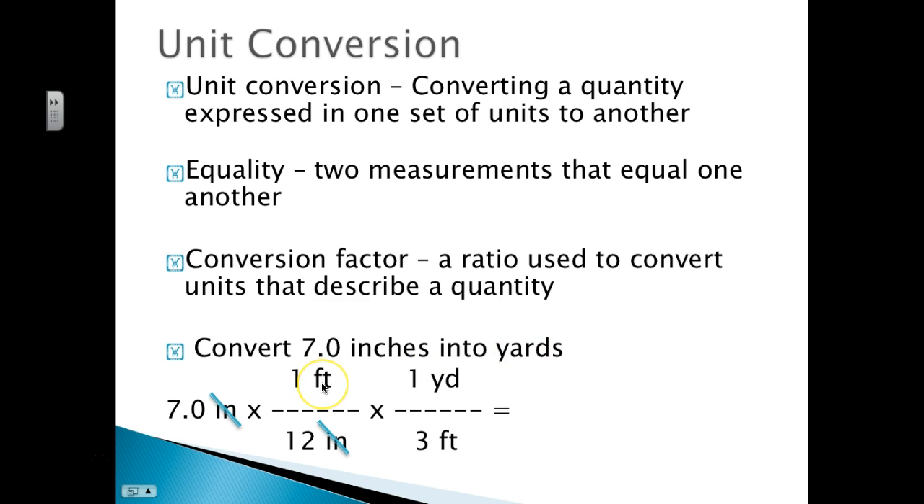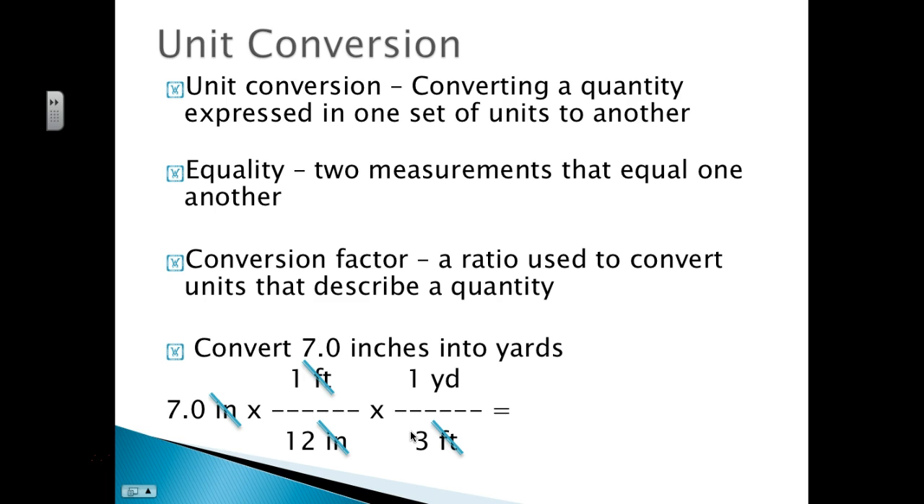So now I've got to change feet into yards. Again, I need another equality. How many feet are in a yard? Well, there are 3 feet in 1 yard. Now again, where does the yard go? Where does the feet go? Well, since I want to get rid of feet, I'm going to put the 3 feet on the bottom. Since I want yards, I'll put the yard on top. Since I have feet on top and feet on the bottom, they cancel. Now I just do 7.0 times 1 divided by 12 times 1 divided by 3, and that will give me an answer of,